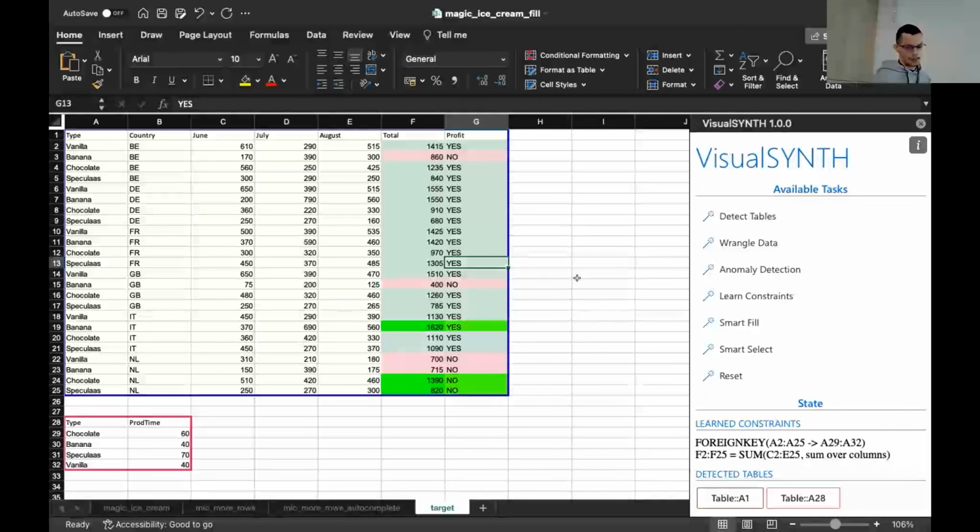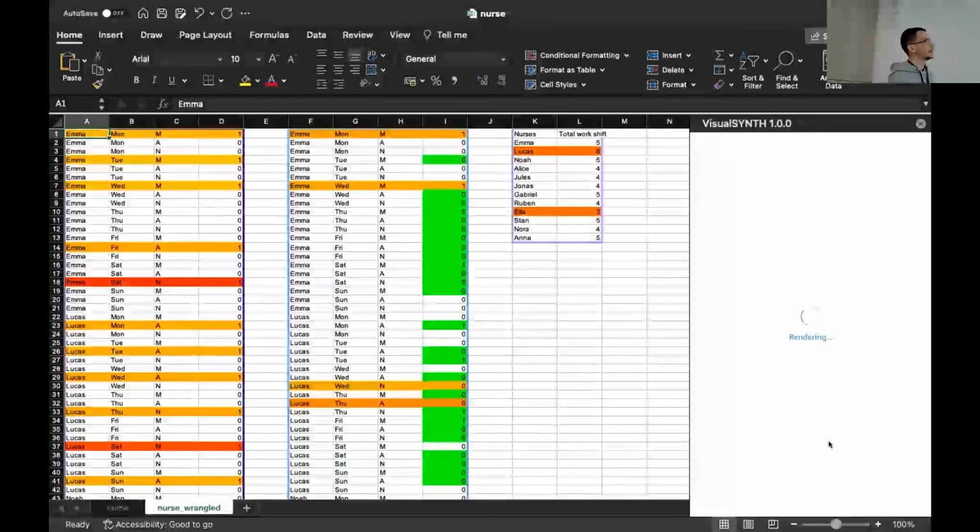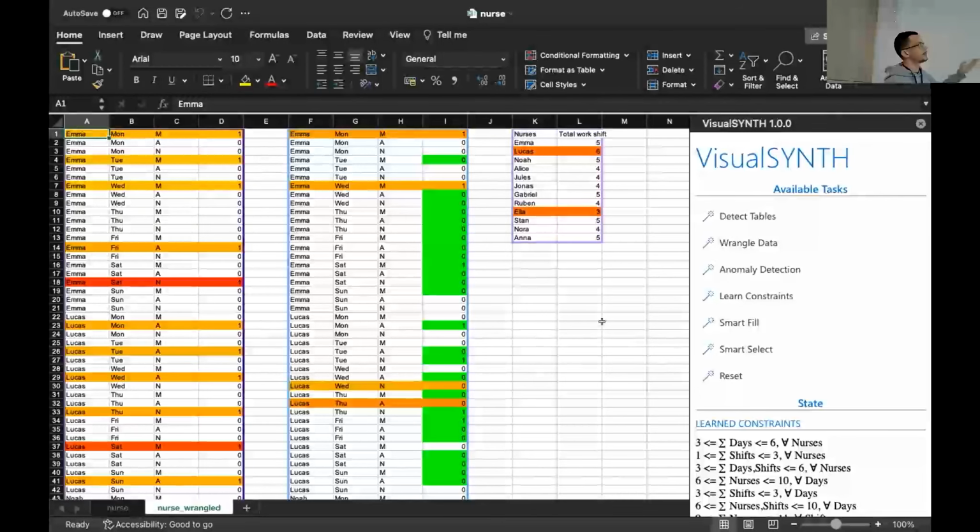One thing that I've shown in both cases, but didn't mention, is that both tables are in a relational setting. So it is also capable of seeing that there is a foreign key between the table A2 to A25 and A29 to A32: chocolate, banana, speculoos, and vanilla, which means that the constraint learners also use information from other tables. So it's not only tabular data, but also relational data. The same is true for the nurse example, which uses the total work shift.